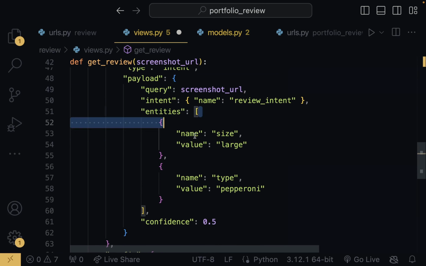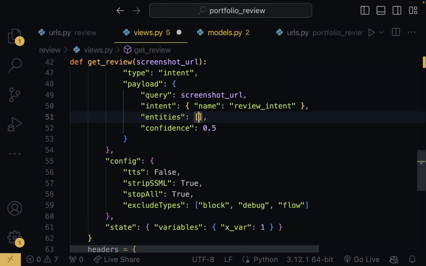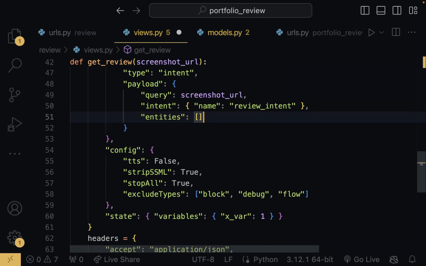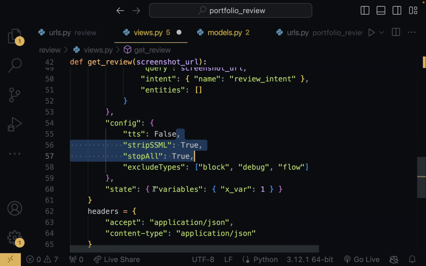Now for entities, we don't really need this. This could be blank, a blank list. Confidence, we don't need that. Like this. So this is good. For config, we could leave all of this just as it is, and the state we could also leave this